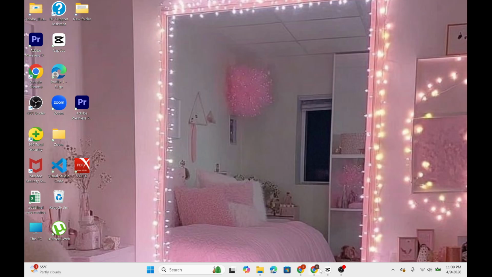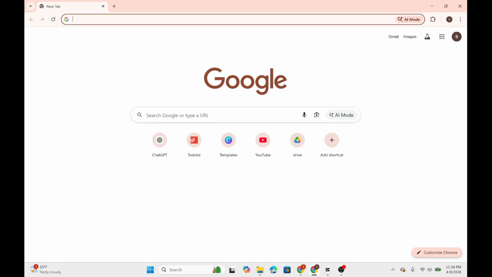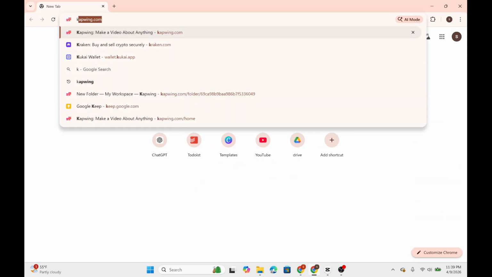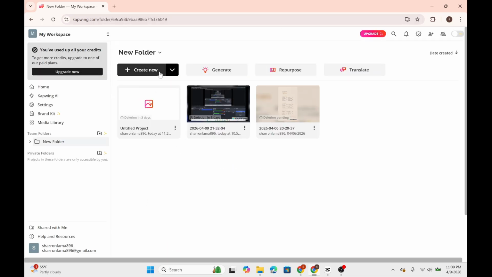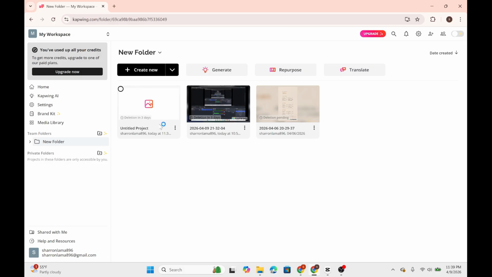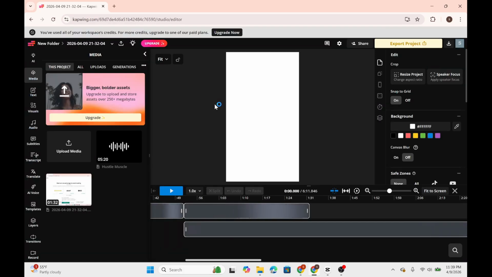In order to do that, open any of the browsers you prefer. In the top there's an address bar, type in kapwing.com and enter it here. Once you get into this interface, you can simply go to Create New and upload your media. You can also go to one of the drafts. So I'm going to select one of the drafts here, and once you get into this editing timeline,